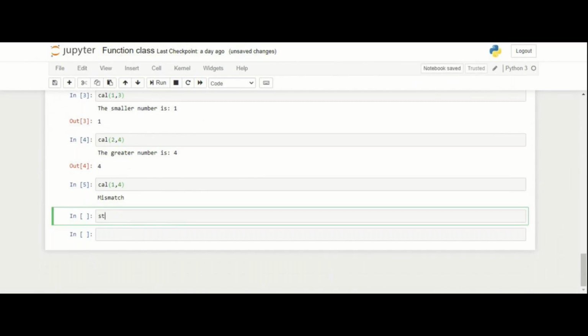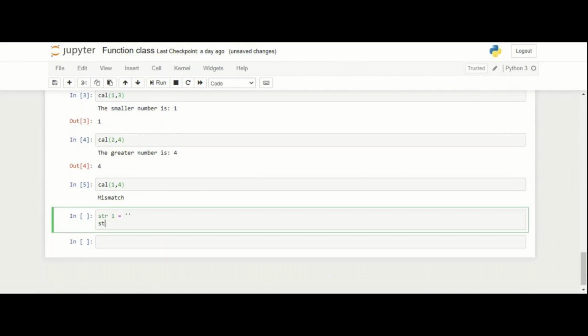Suppose str1 equal to some string and str2 equal to some string. And if the first characters are matching, then it should return true, else it should return false.